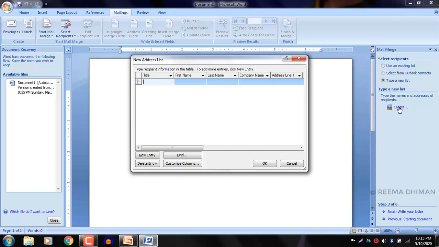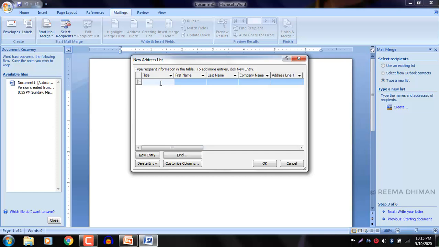So the new address list dialog box will appear. So here you have to give the title, first name, last name, company name, address line. There are various fields. You can fill in the required information about the recipient. So you have to fill in the information here.